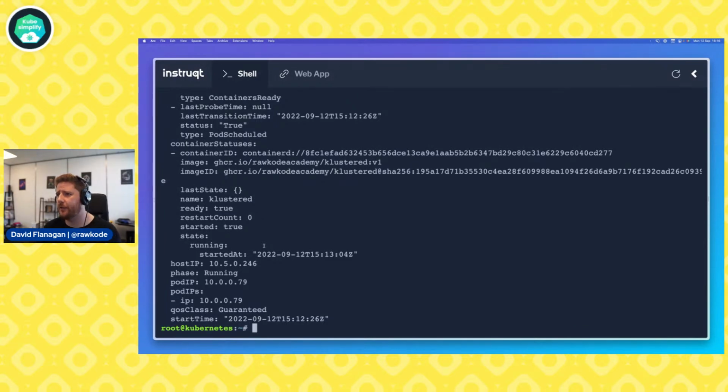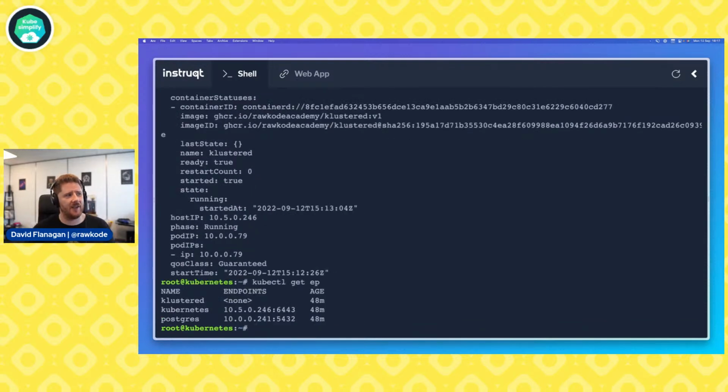We then got 1, 2, 3, 4 shouts for netstat, and that's a fantastic suggestion. Samar with get endpoints. Now, I love that you've mentioned endpoints. However, the endpoints are indicative of the service configuration rather than what actually runs in the cluster, so not quite going to work in this case.